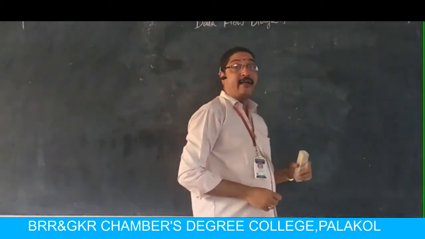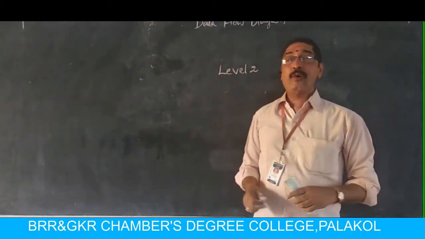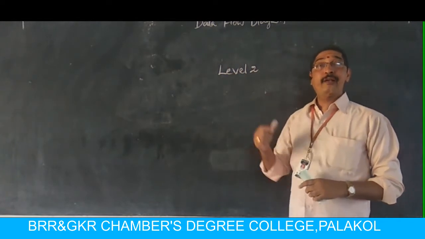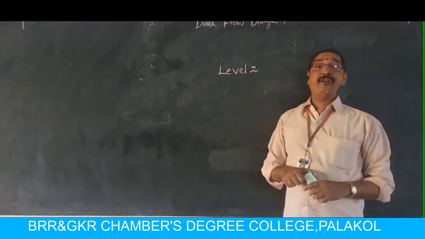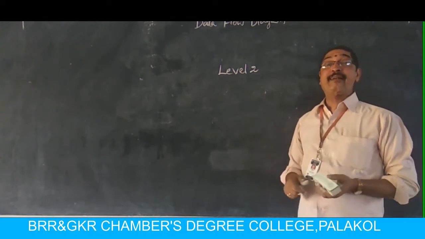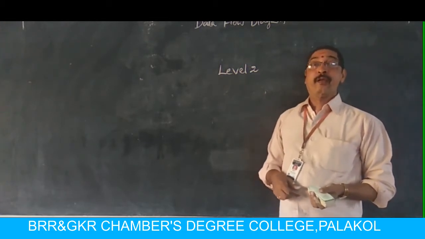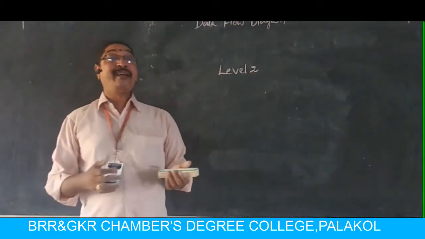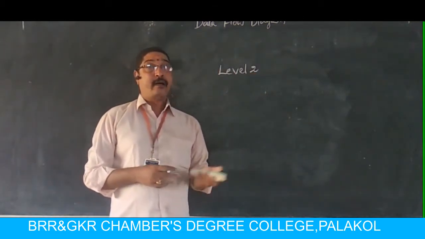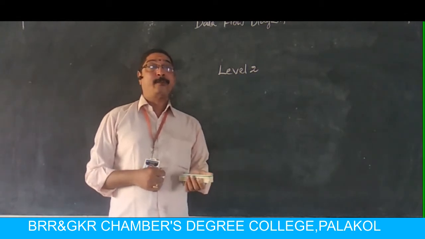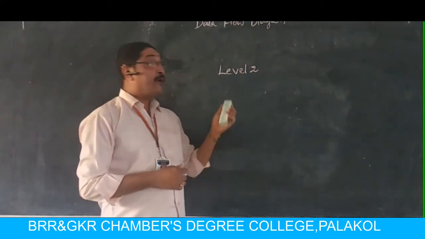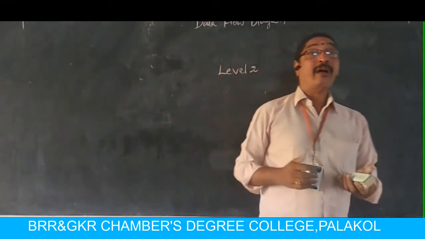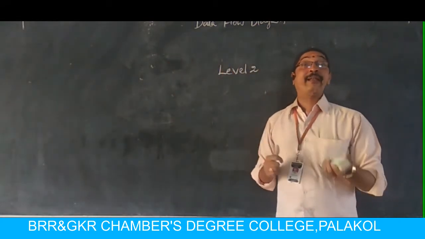Level 2 data flow diagram. What is this level 2 data flow diagram? At this level 2, the DFD shows how data flows inside the modules mentioned in level 1. In level 1, we mentioned several modules. We already discussed that just now. So, in level 2, it shows how data moves inside the modules that we explained in level 1.